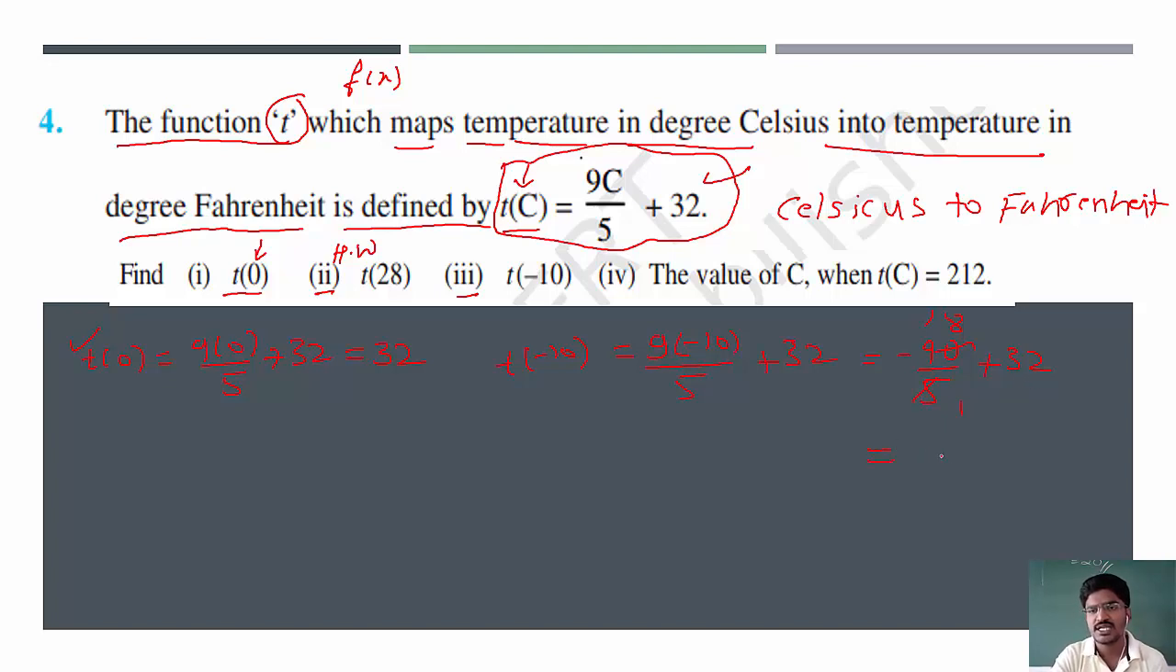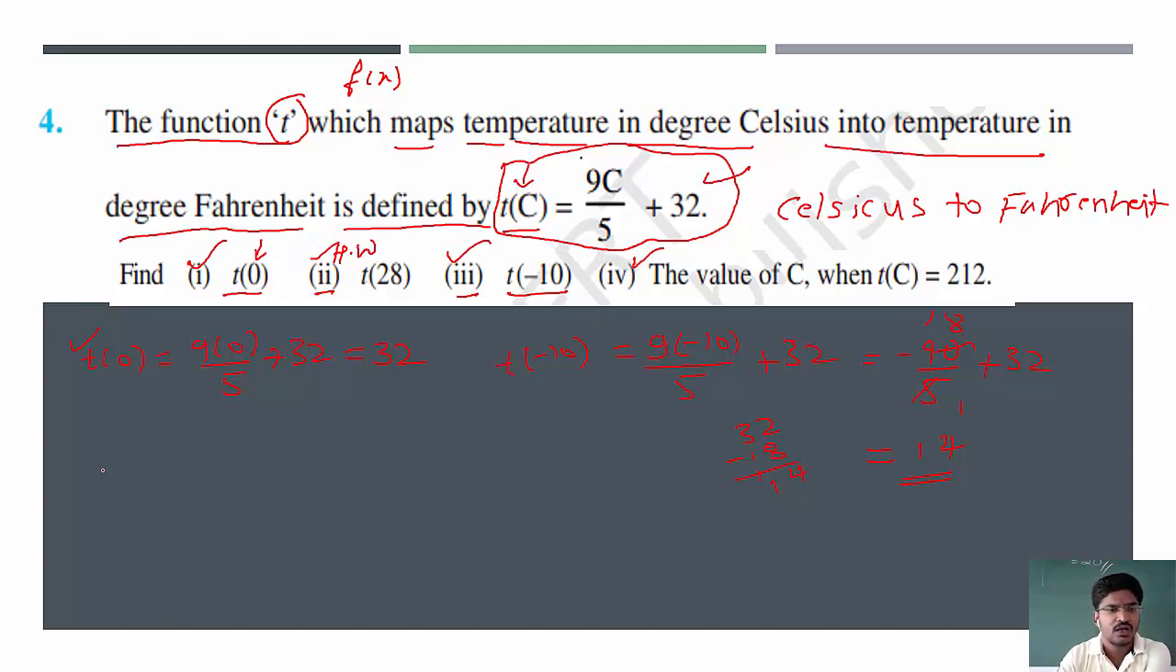So 32 minus 18 will be how much? We calculate 32 minus 18. So this is 4, this is 1. So it will be 14 degrees. Clear? So T of minus 10 is 14. Okay. So now the first problem is over, the third problem is over, the second one is homework, and the fourth one they